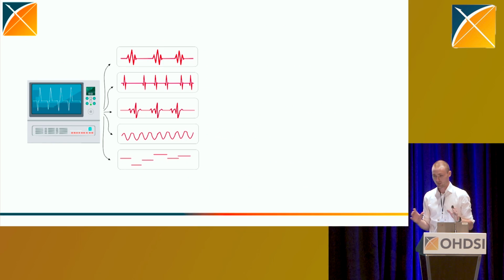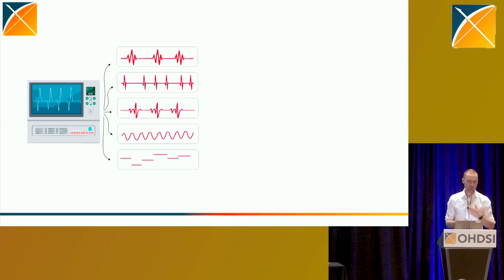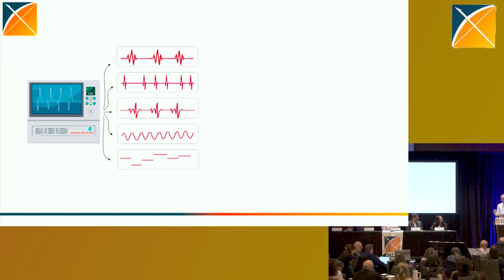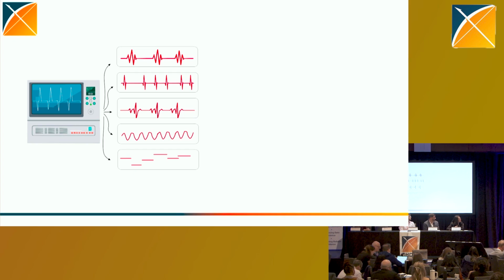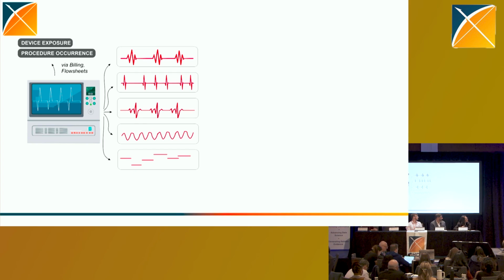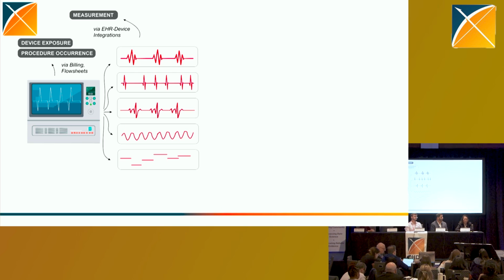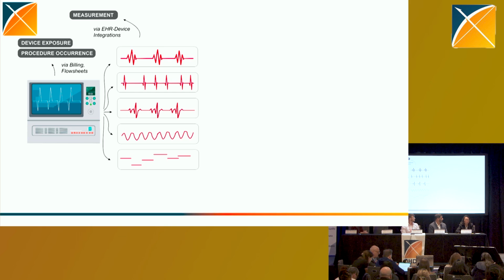Okay, so I'm going to break down a little picture. Somebody comes into the ICU, they're placed on a monitor, and that monitor is recording various signals across different channels, right? So you have maybe a 3-lead EKG, you have pulse, you have respiratory rate, all these things. From an OMOP perspective, some of these things are captured, right? Maybe the device itself is registered, maybe you have a Philips monitor registered in your EHR somewhere, maybe the procedure of actually placing the patient on this device is measured somewhere. And in some EHR systems, maybe you have derived output from some of these signals, right? So this is your snapshot view from a typical OMOP perspective.